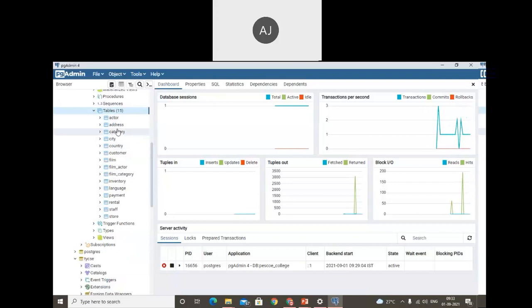So make a note of that: while performing the job as a database administrator, you have to take daily backups, weekly backups, and you also have to restore those backups. So first of all we learn how to back up and how to restore the data. In that section we did the practical restoration.